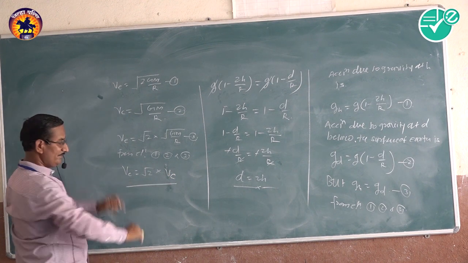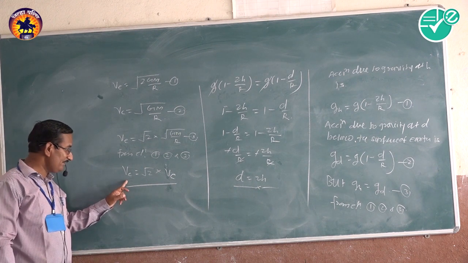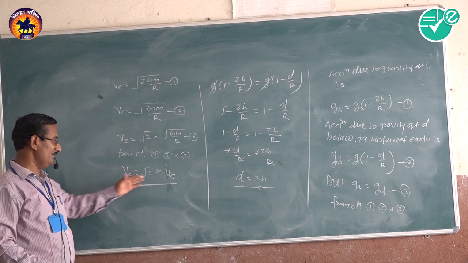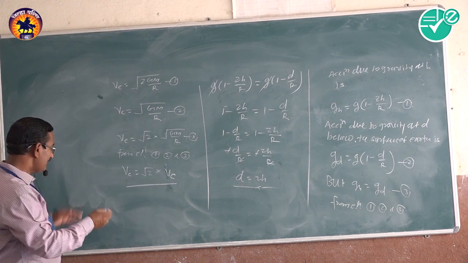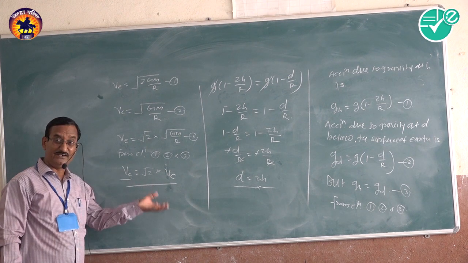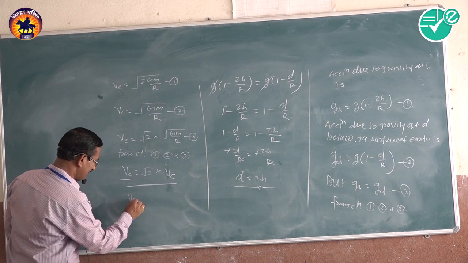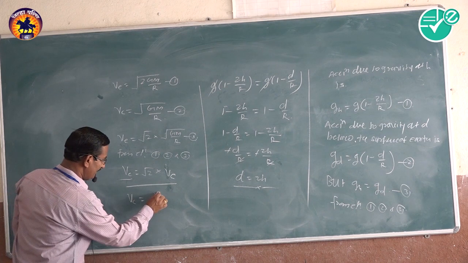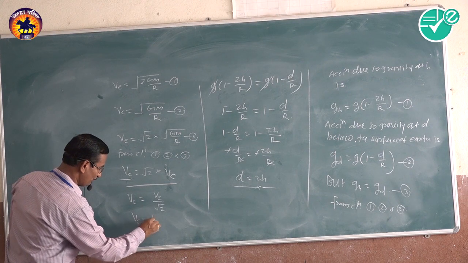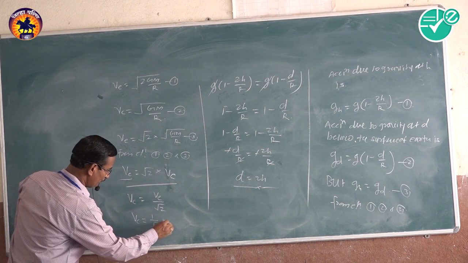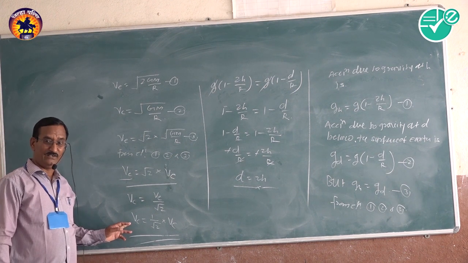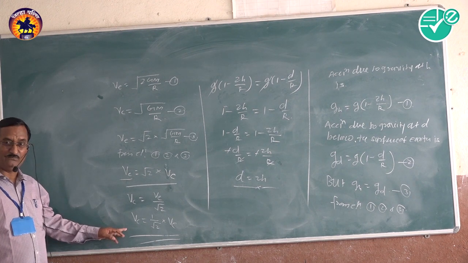That is the relation between escape velocity and critical velocity on the surface of the Earth. Then that is the escape velocity, but this equation simplified for the critical velocity is v_c equal to v_e by root 2, and v_c is equal to 1 by root 2 into v_e. That is the value of the escape velocity on the surface of the Earth.